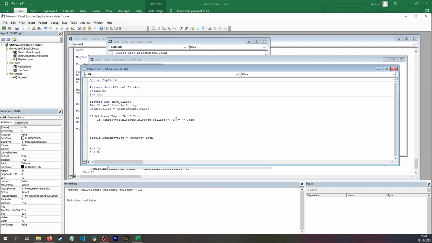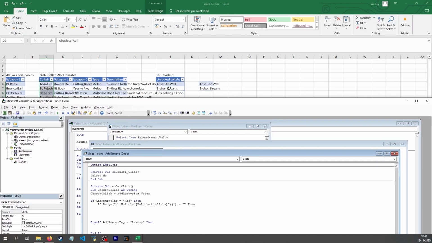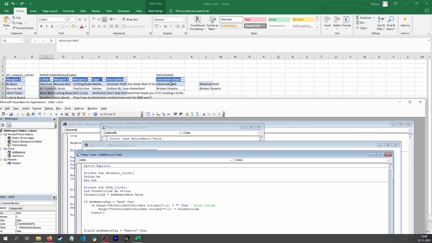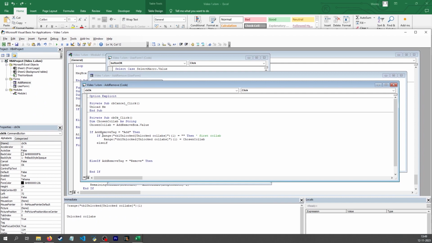Actually, first I want to check if the first value is blank, which means this is my first collab. Then I simply want to set this cell to be equal to my chosen collab, and I don't have to do any sorting. Otherwise, I want to check if I only have one row, because as I just mentioned, that's going to give an issue. So if the count of rows in this column is equal to 1, and I should remember to add my end if,